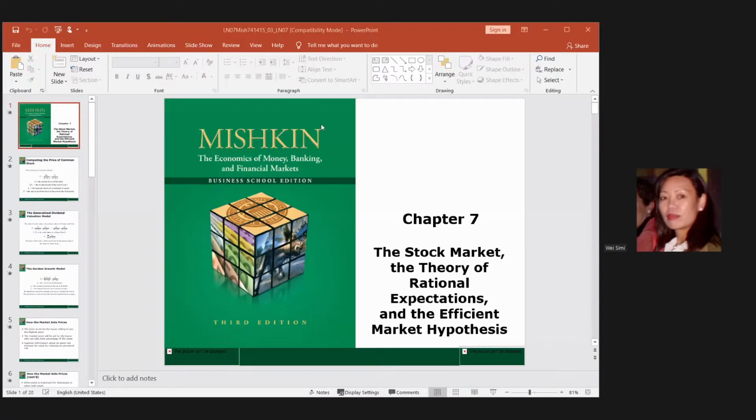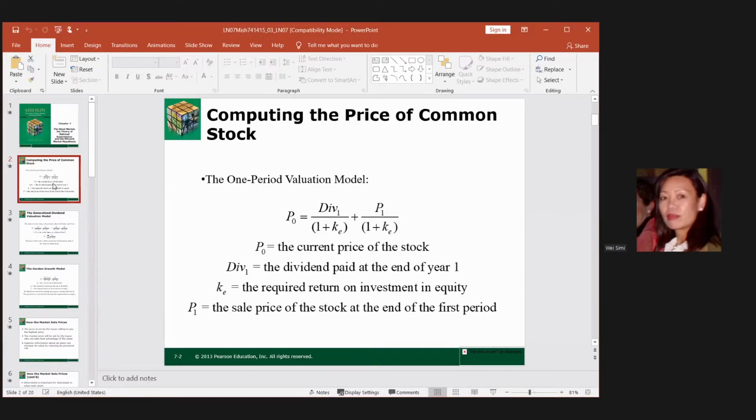All right. So therefore, this one actually I really do not want to talk about stock. I use stock as an example, as a case, to go to expectation theory. Okay, so let's go there first of all. So let's see the stock then. We have to understand fundamental stock, right?